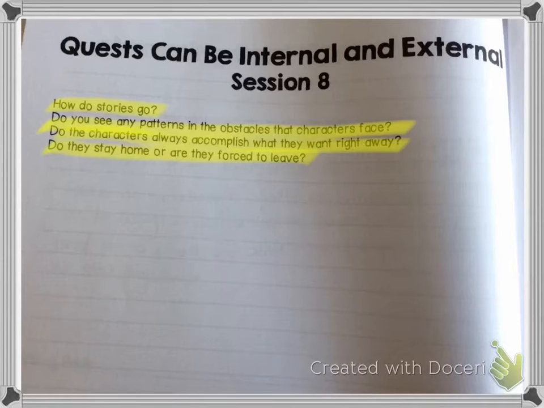characters in fantasy stories usually leave. They go on some type of journey, and they don't just face one problem, but usually a series of problems. So this is how fantasy stories are structured. Most fantasy stories follow a quest narrative structure. This means that the hero is given a quest, which means he or she must journey to achieve something.